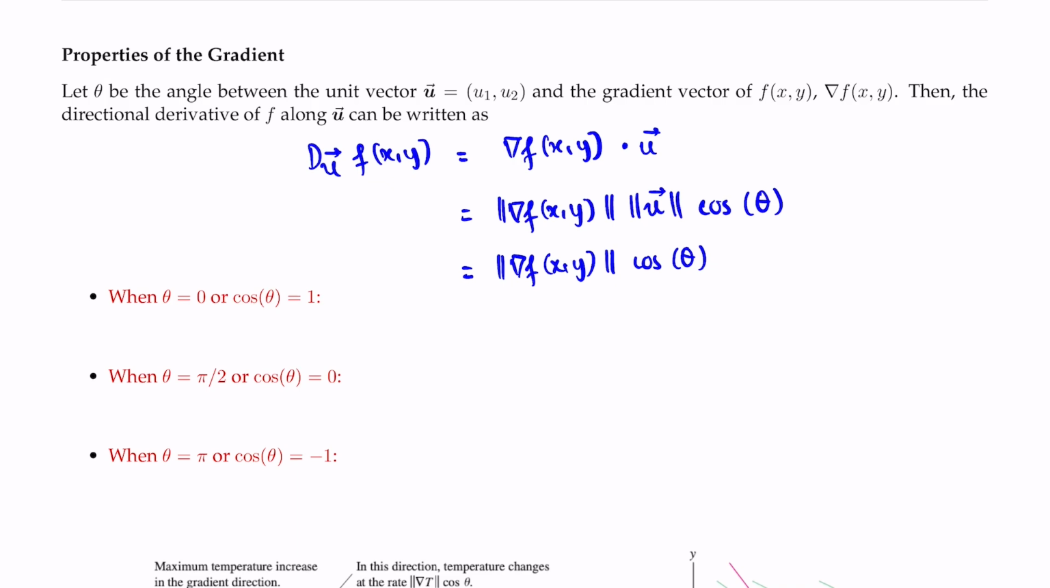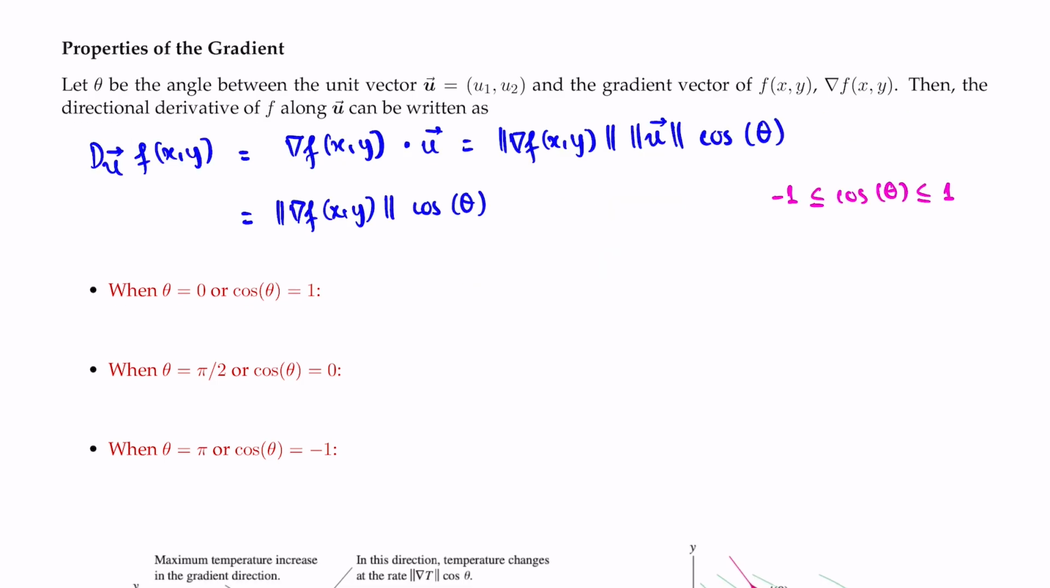We know that cosine of theta is bounded between -1 and 1 because the amplitude of cosine is equal to 1. So therefore the directional derivative has its maximum value when cosine of theta is equal to 1. It follows that the directional derivative has its maximum value when cosine of theta equals 1, which corresponds to theta equal to 0. Therefore, the directional derivative has its maximum value,